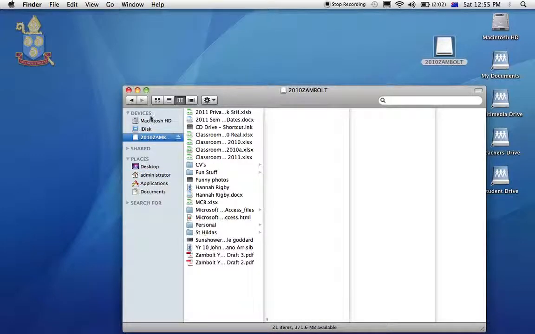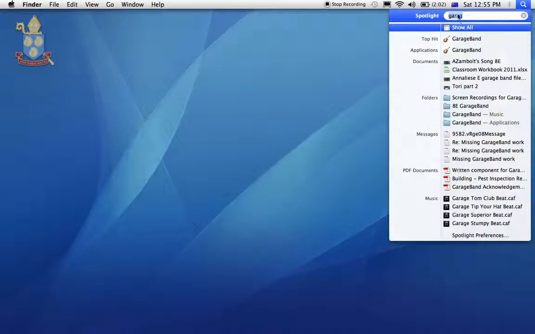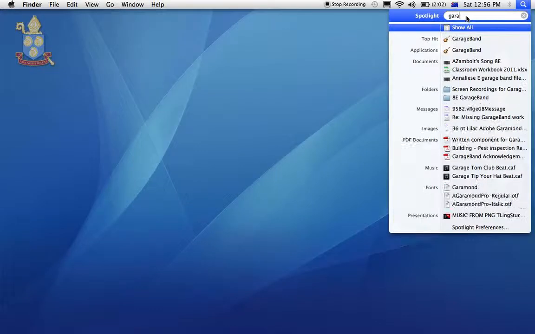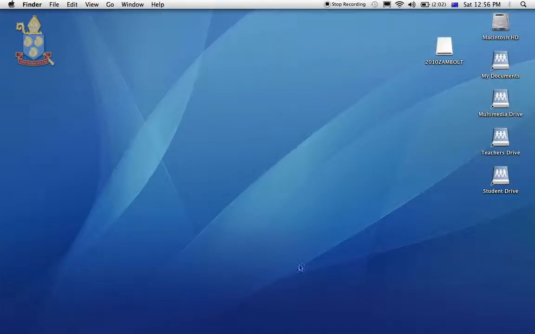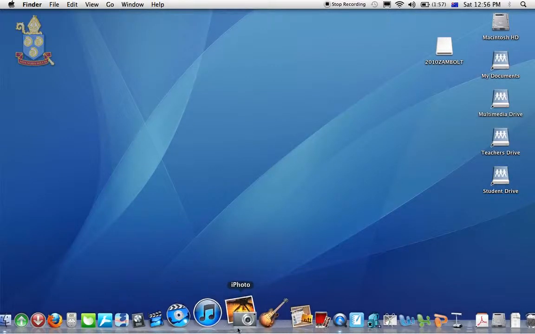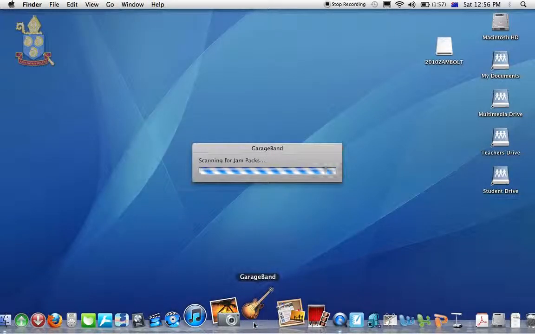So there it is. Okay, the next thing we're going to do is launch GarageBand. You can either find the program GarageBand by typing it in here in Spotlight, and it'll come up. Or else the other thing that you can do is go down here to our dock, find GarageBand and simply launch it that way. So I'm launching it here from the dock,